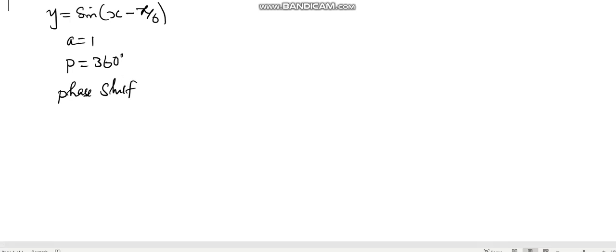so let me just do this. So the first shift is equal to pi over 6. So this pi over 6 is a leading angle. Okay, so now since our amplitude is 1 here and